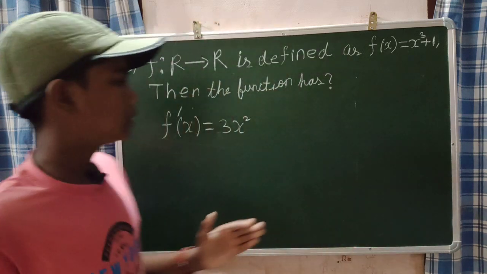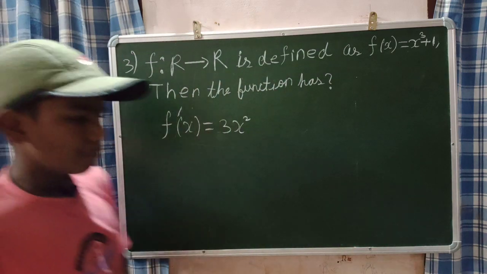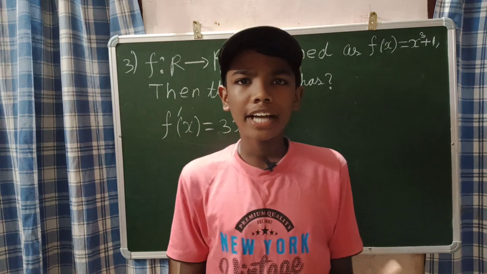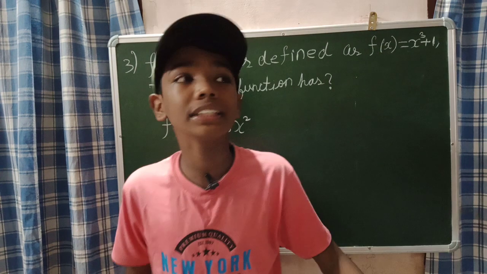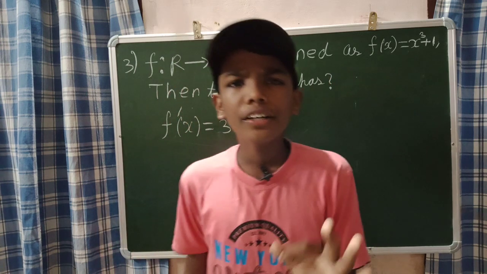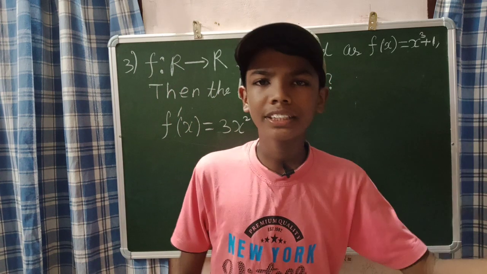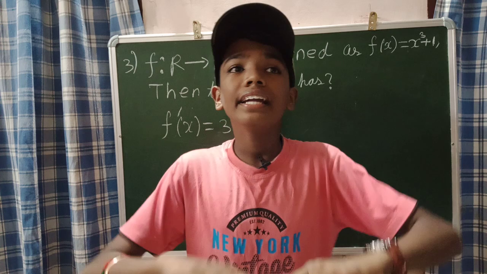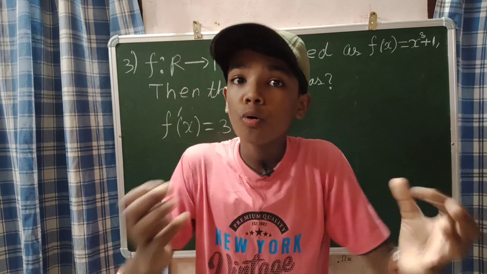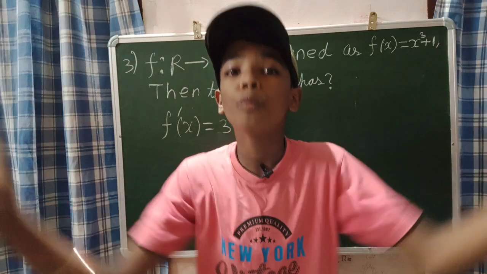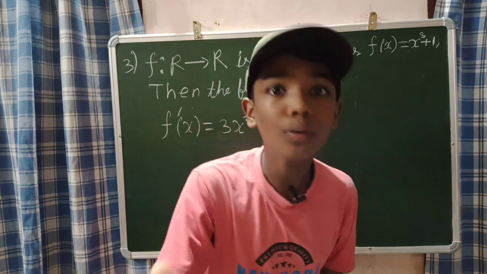So how I am saying this means, guys, by noticing the terms, what you need to conclude is, I'm not saying for this particular question. I will say for the question which is the same type as this. What you need to do is find whether it is an increasing function or a decreasing function. Then you can conclude whether it has maxima or minima, or neither of the two. That's how you should conclude and state the answer.